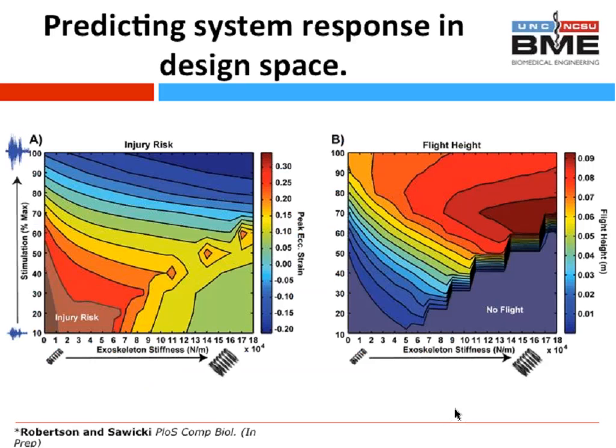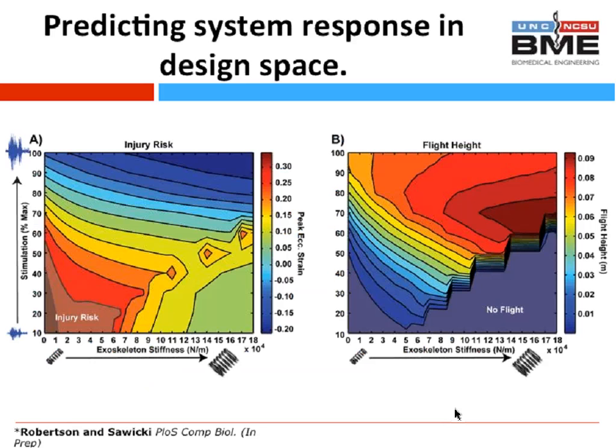I'm going to spend a little bit of time here just orienting you to these contour graphs that we like to generate using this simple model. Starting on the left, you see a contour graph labeled injury risk. On the y-axis, at the very bottom, you can see a burst of EMG activity that is quite small. And moving up the y-axis along the left edge, those are different runs of the model where we increase the stimulation amplitude in the Hill model for the ankle extensors